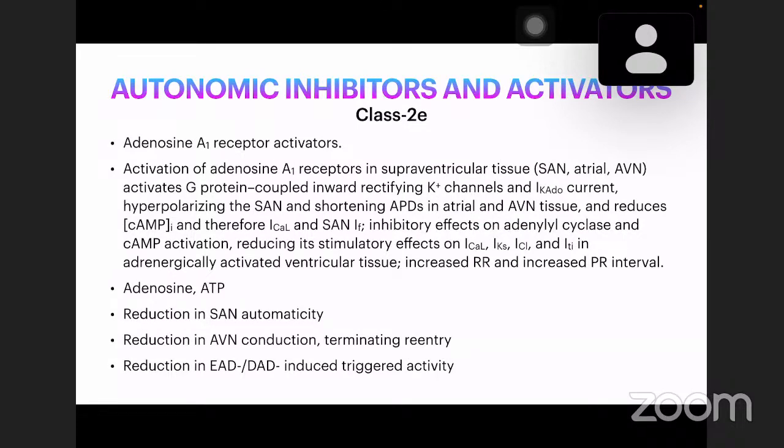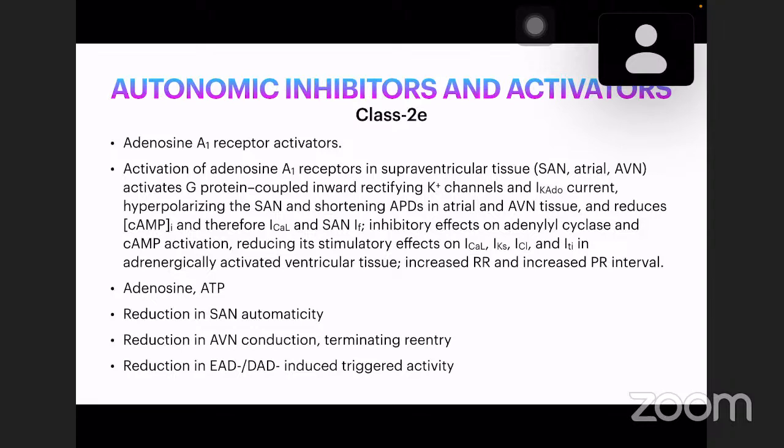Coming to class 2E, these drugs are adenosine receptor activators. So in these adenosine receptor activators, only two drugs are there. One is adenosine, second one is ATP. So these drugs act on the supraventricular tissue, activate G protein coupled rectifying potassium currents, and it also hyperpolarizes the SA node and shortens the action potential duration in the atrial and AV tissues, and reduces the cyclic AMP, and therefore decreases the inflow of the calcium, decreases the funny current into the SA node, thus causing the